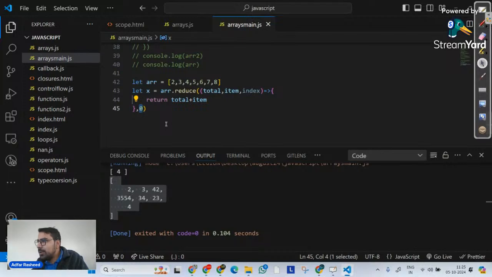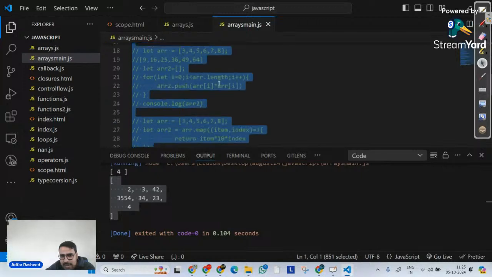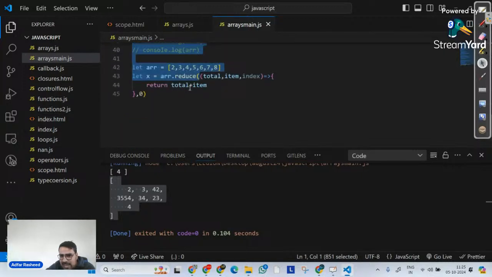So reduce function does not receive arguments like map and filter, but it receives two arguments. Number one is the callback function that will be executed on every single element one by one. Now, whatever this callback function returns, that value will be placed in total until this whole loop is completed.